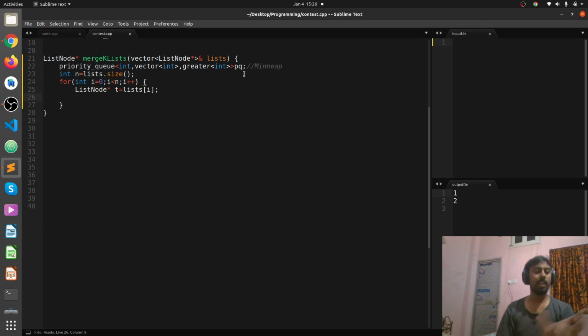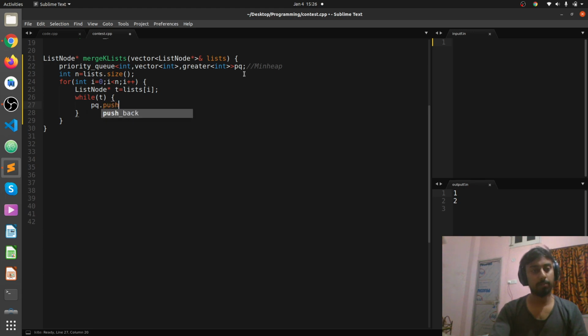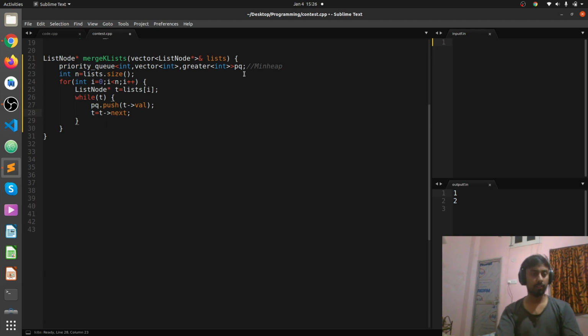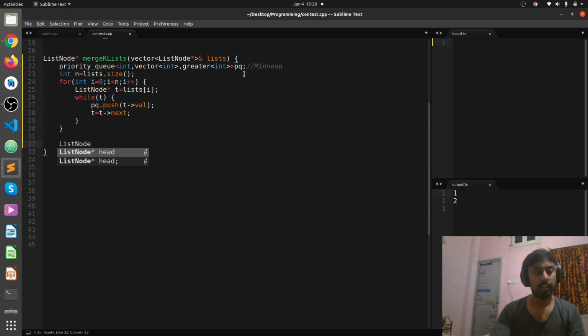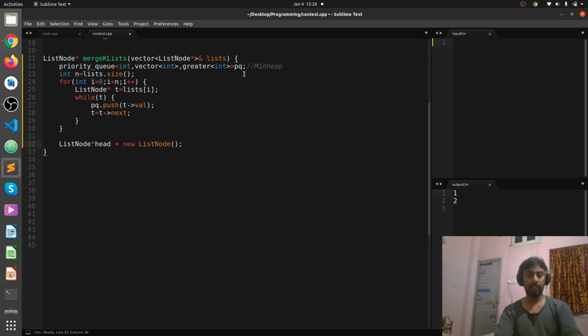Now we are going to push all the elements of the linked lists into our priority queue, with pq dot push of its value. We have pushed all the elements of the linked lists into our priority queue. Then we will create the head of the new linked list, a new linked list node with some arbitrary value.